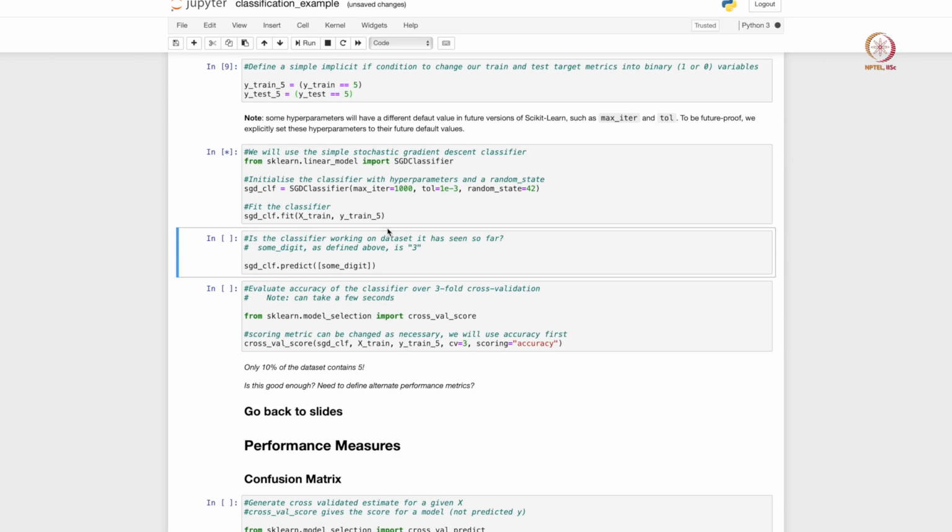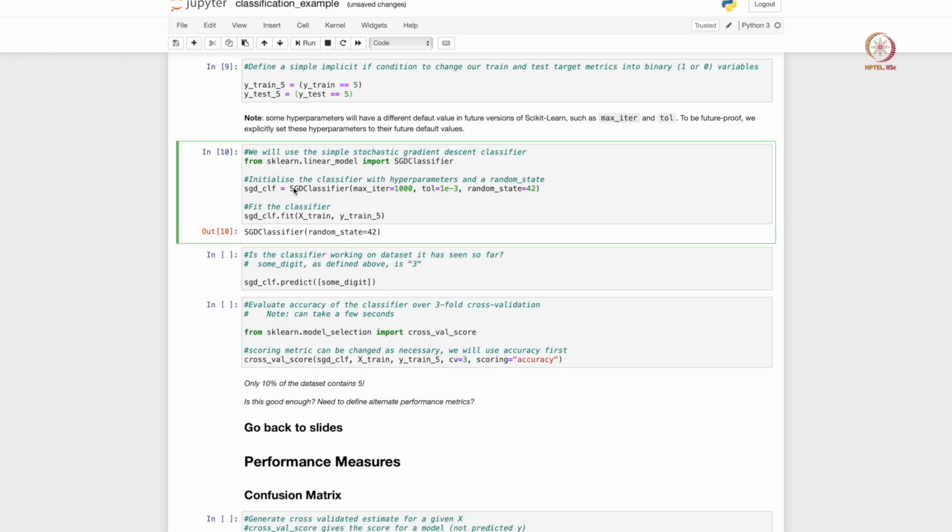And let us now import our stochastic gradient descent classifier here. There are a few hyperparameters. One is referred to as maximum iterations, another is tolerance, and the third is random state. Random state we have defined before, in our regression lectures as well. Max iteration and tolerance are hyperparameters. We will take some standard values for now. In principle you need to tune these hyperparameters, right. Once you create an instance of the class, you then fit it.